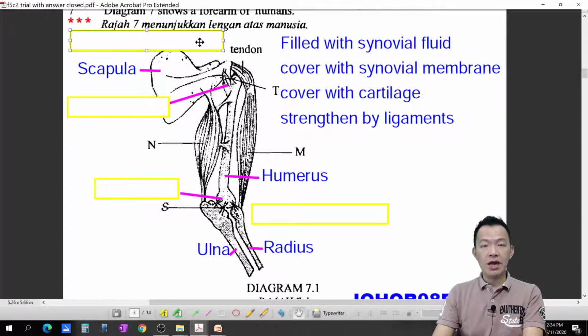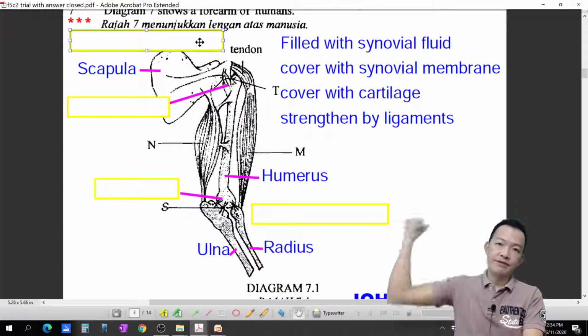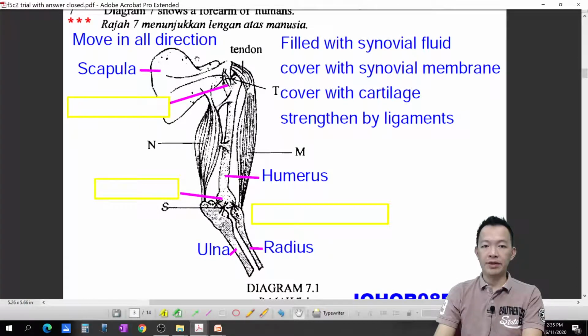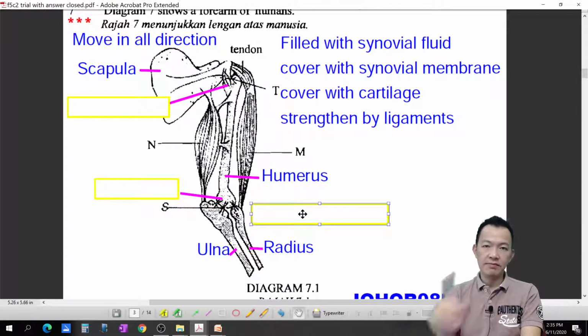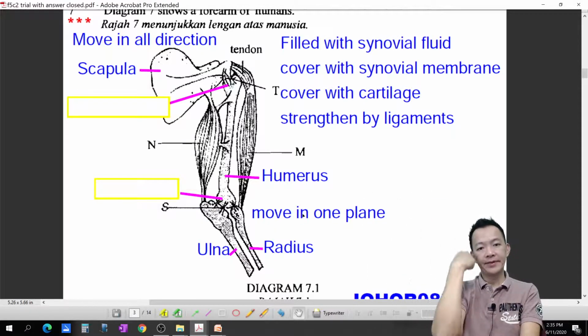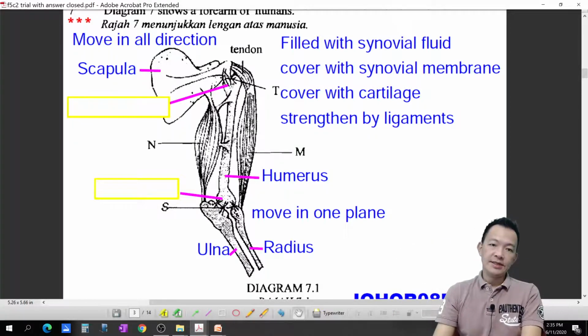For the joint D it can move in all the directions freely，它可以自由活动，转圆圈都可以。So move in all the directions. Compared to the joint S, it just can move in one plane，它只有一个方向罢了，就叫 one plane。OK，还有什么呢？Joint D actually is